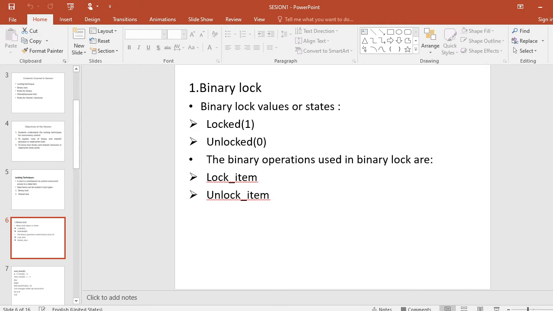If the value is 0, the item can be accessed when requested.